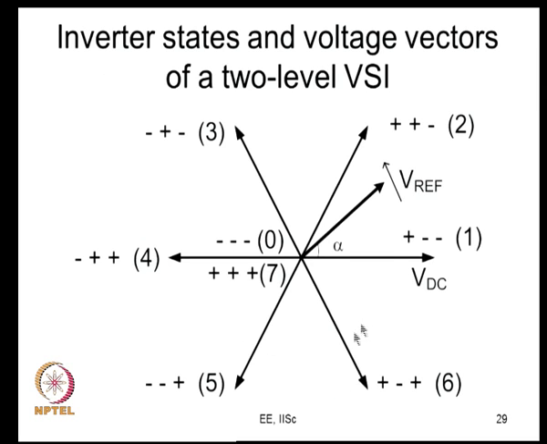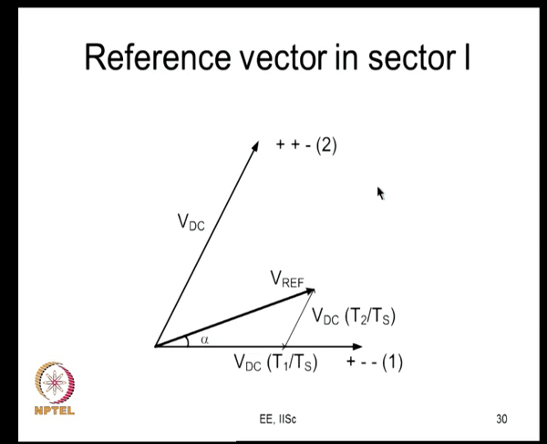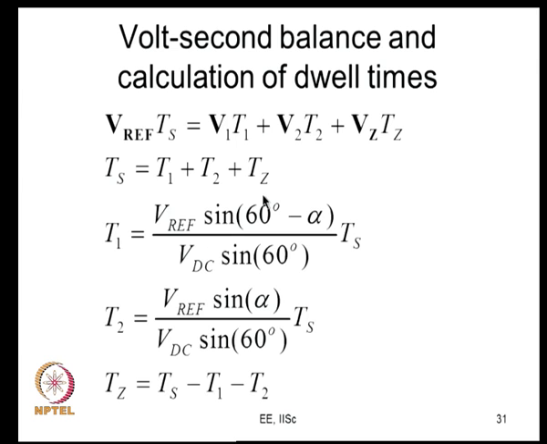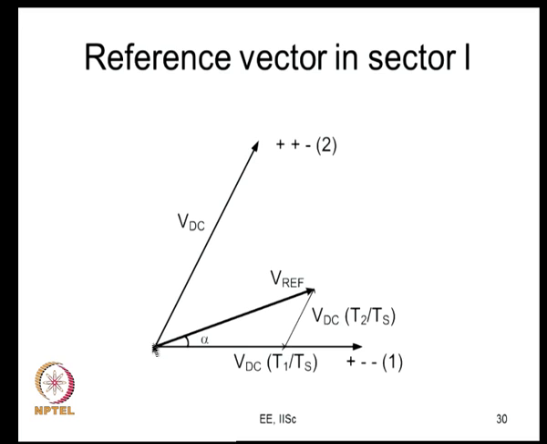So, let us say this is your space vector plane, and you have your fundamental reference going around that. You are now looking at sector 1. If you are going to apply that reference vector, what do you do? You apply your active vector 1 for T1 seconds and active vector 2 for T2 seconds and the null vector for the remaining time. So, this reference vector is produced by applying this for T1 seconds, this for T2 seconds, and the null vector for the remaining time.